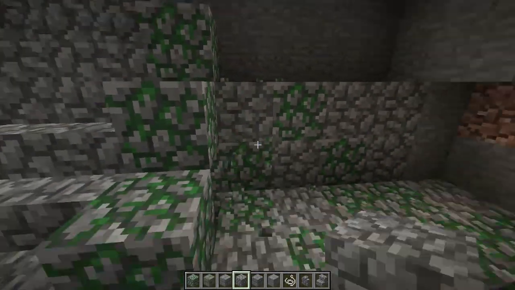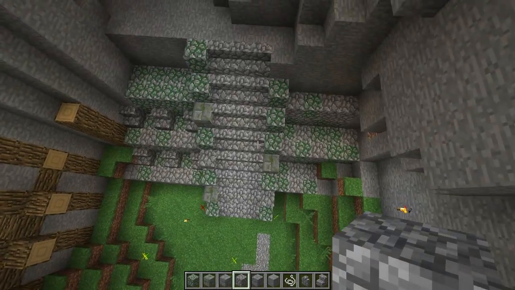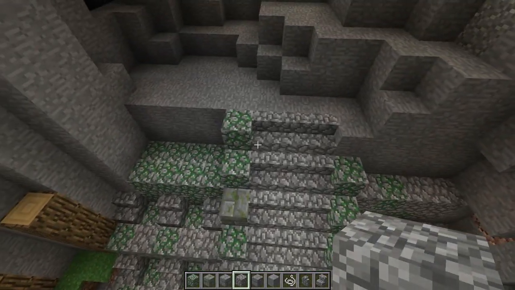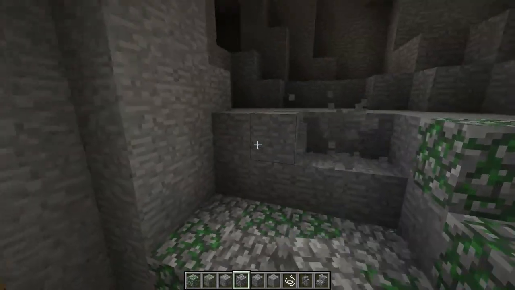And we'll place a block right there. Like that. That's a little bit better, I guess. It's in line, correct? Yes, it is. So now what we can do, besides making this look silly, is I'm just going to make a wall